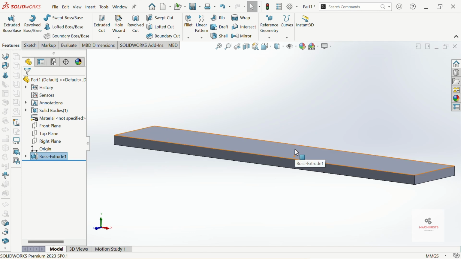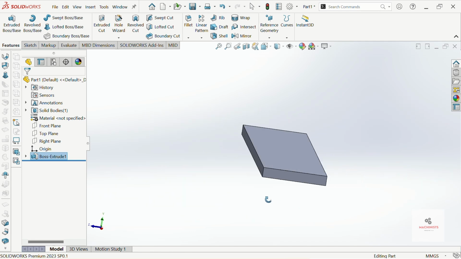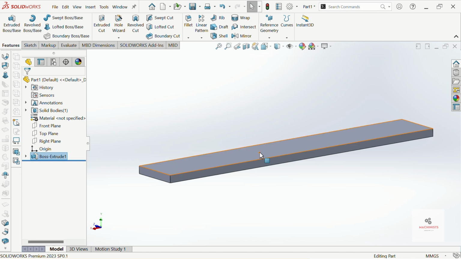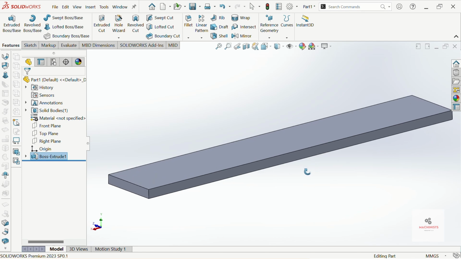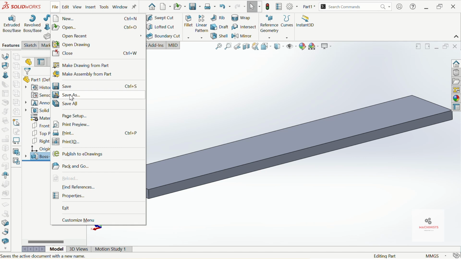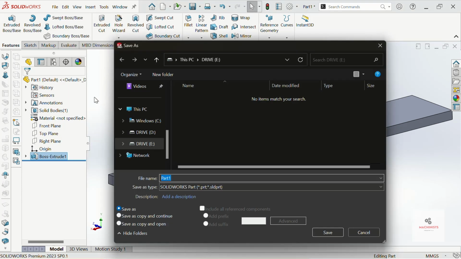As you can see that now we have made a 15 by 100 by 600 piece of mild steel, and now we need to export it into Ansys software in order for the analysis. So we have to save it as a particular type of file. It is better for Ansys, so we are going to name it beam,